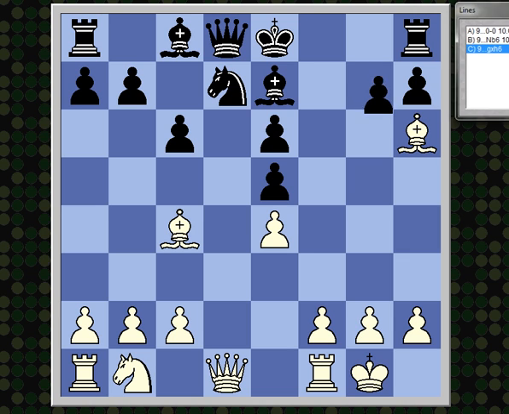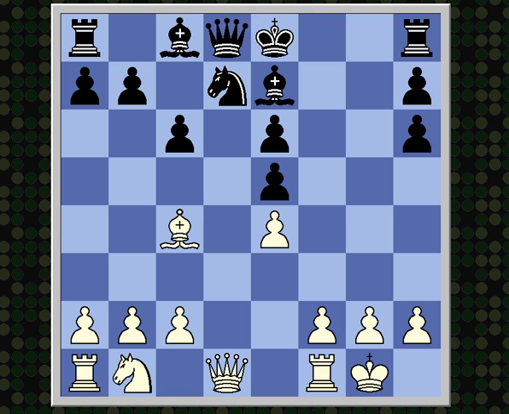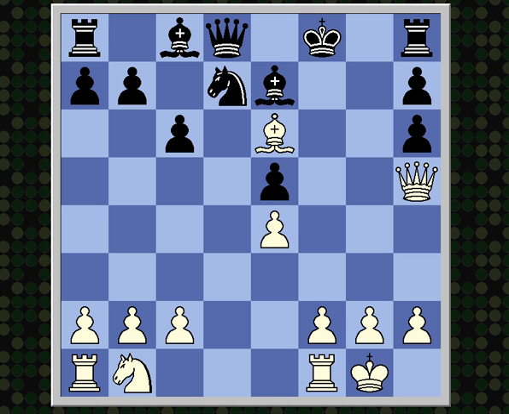For instance, the bishop is untakeable. If black plays g takes h6, the g pawn has given up its important function of being able to go to g6. So white plays queen h5 check, king f8 is forced, and now bishop takes e6. Now, with all the pieces in the vicinity of the black king, you'd think there'd be some defense to mate,